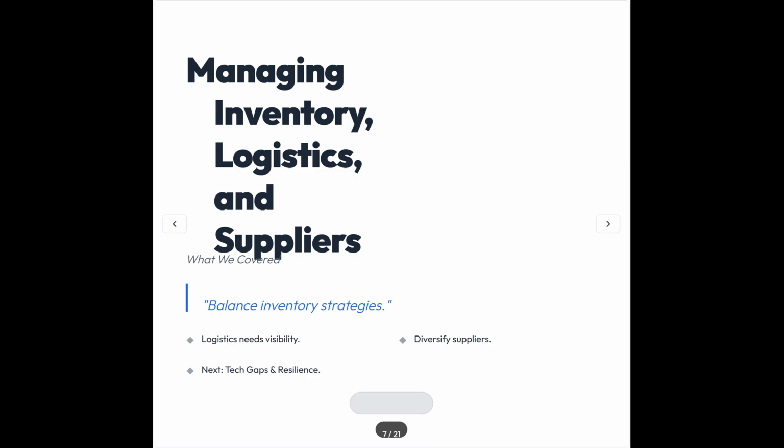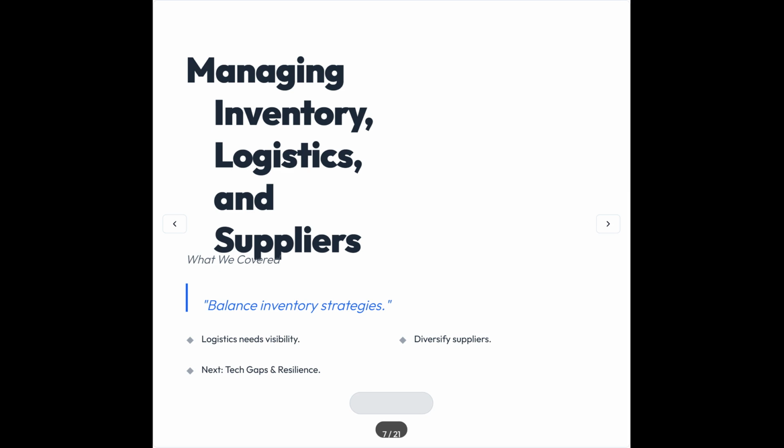To quickly summarize Lesson 2, we discussed the careful balancing act between just-in-case and just-in-time inventory, weighing their costs and risks. We explored the logistics labyrinth, highlighting the visibility black hole and the challenges of the last mile. And we uncovered the dangers of the supplier weak link, especially single sourcing and the need for deeper supplier visibility. In our next lesson, we will tackle technology and data gaps, and then put it all together to build a